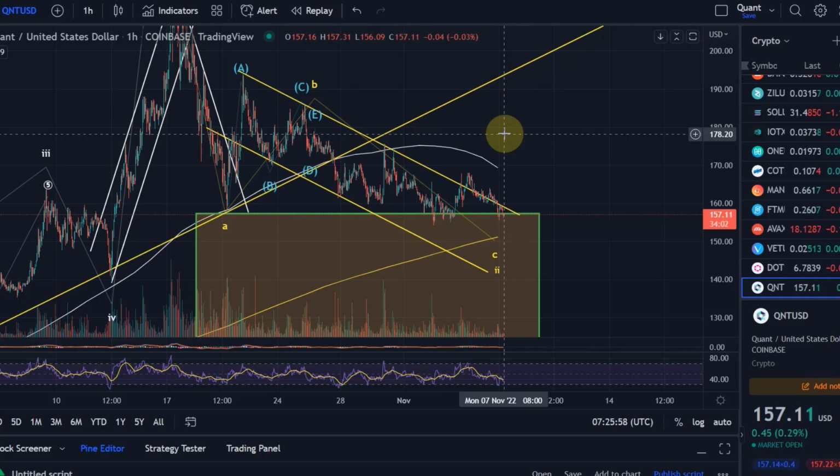Now, there's two things you can look at. You can look at it in terms of, right, this is a channel, and we have failed to break out of the channel overall, or that this is actually a descending triangle. So if you remove the lower trend line, then it appears to be like a descending triangle. And such a descending triangle is generally considered more of a bearish wave pattern. Of course, it's never guaranteed to break out to the downside.